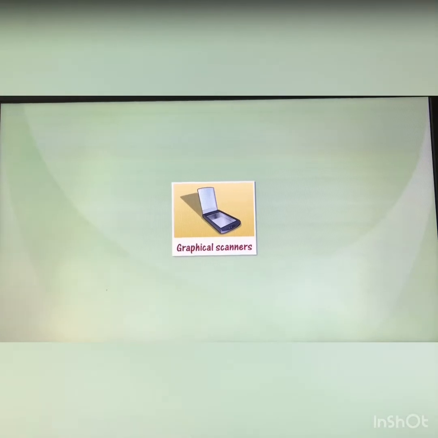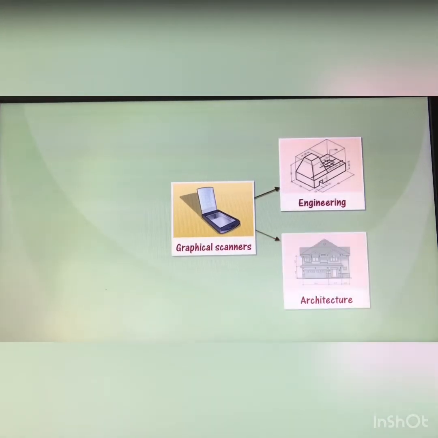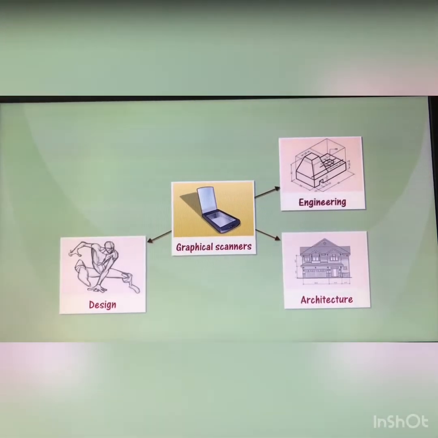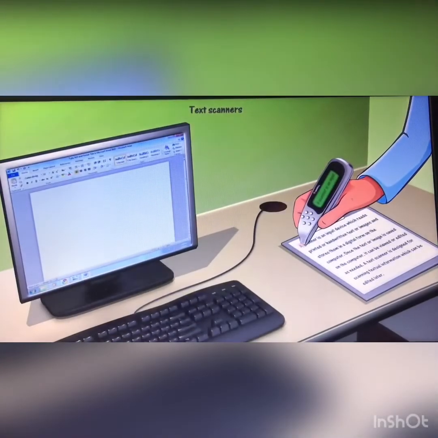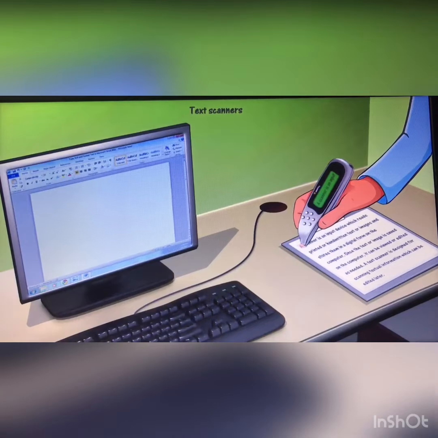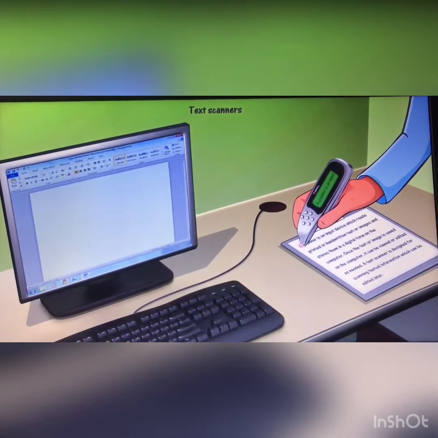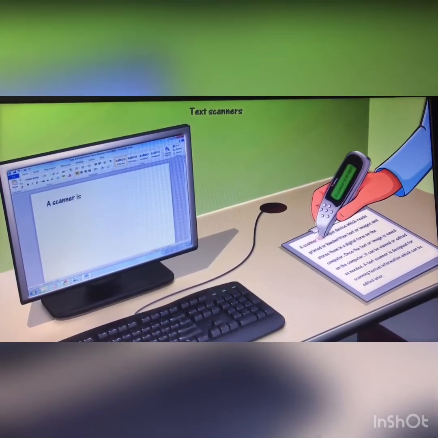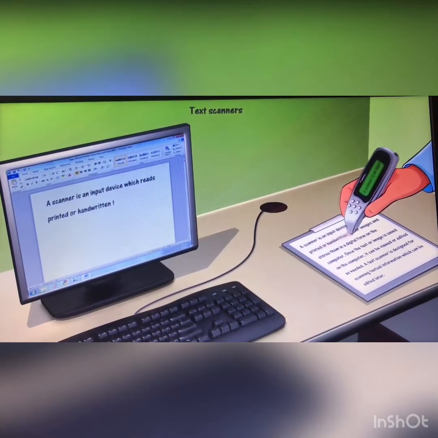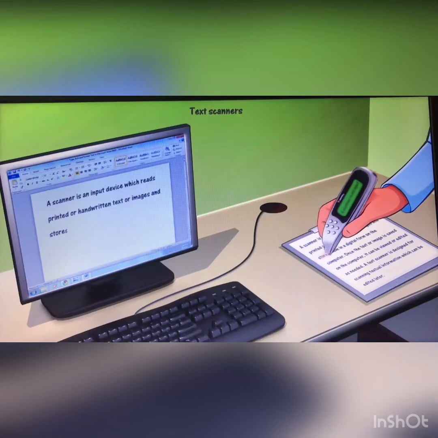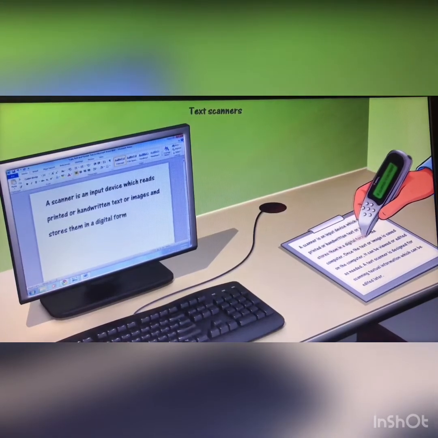Yes, in the fields of engineering, architecture, design, and photography, among others. Like the name suggests, a text scanner is designed for scanning textual information which can be edited later. These scanners are used in fields where a large amount of textual documentation is required.